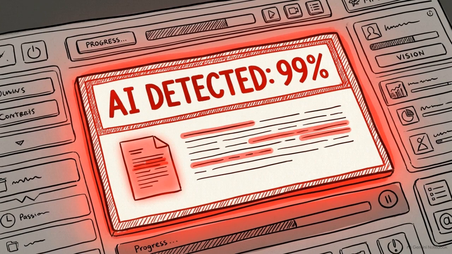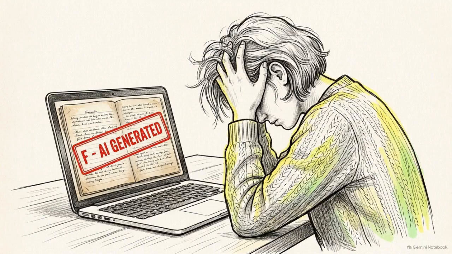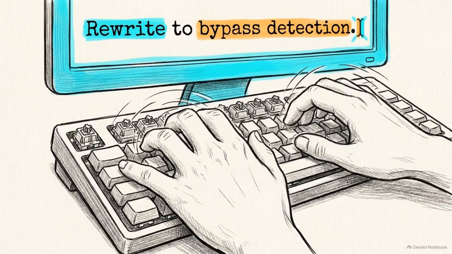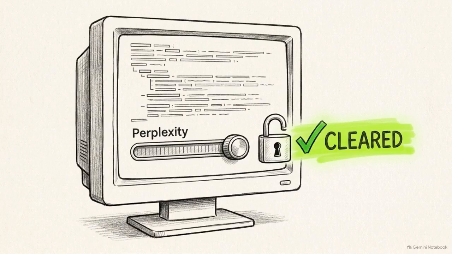Those detectors fail at their primary function. They frequently generate false positives, accusing students of cheating on original work, while simultaneously producing false negatives that allow synthetic text to pass through undetected. Anyone with a basic understanding of prompting can bypass these filters entirely. Simple evasion tactics like asking a model to write with higher perplexity or manually paraphrasing a few key sentences render